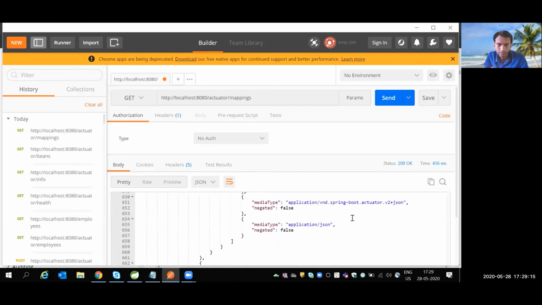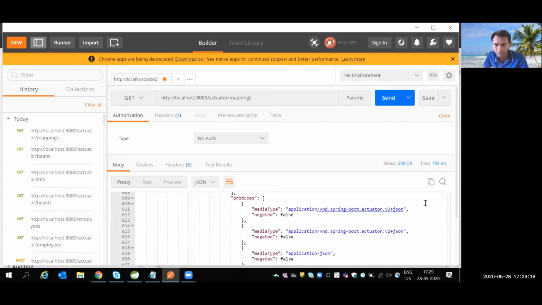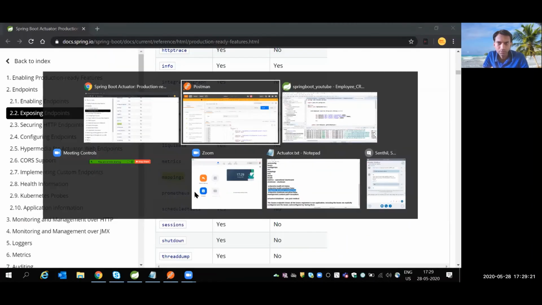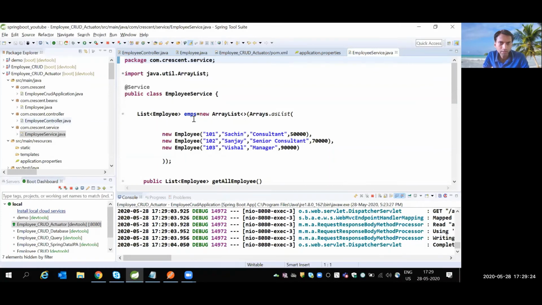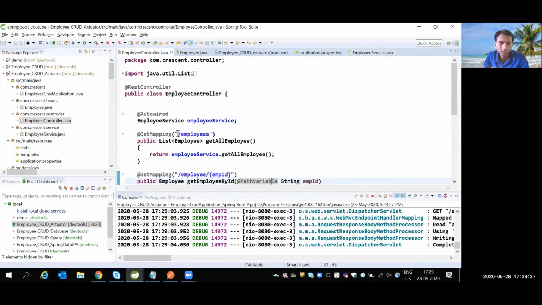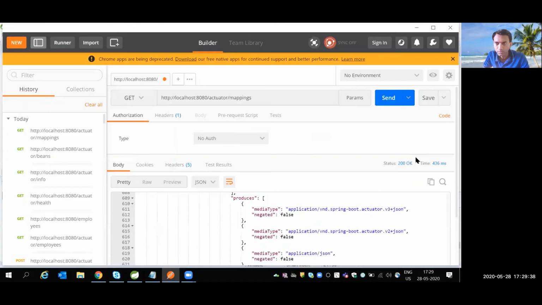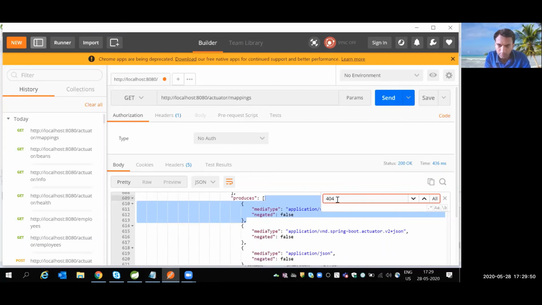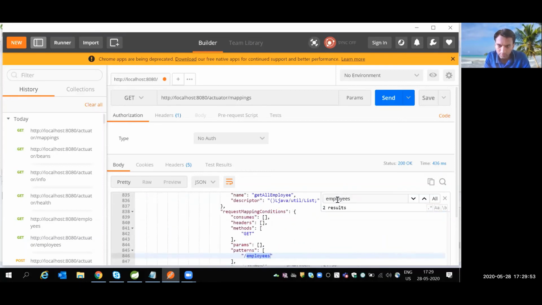Let us check whether it is showing the same thing from the project's controller layer. It is showing some actuator mappings, some auto-configuration mappings, and the user-defined /employees. I would like to find out whether this mapping is available or not. Once again, going into Postman and searching for employees. Yes, it is showing /employees.